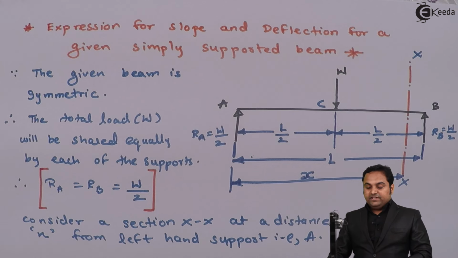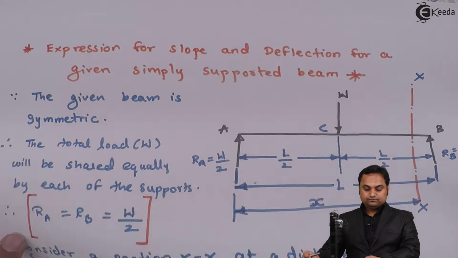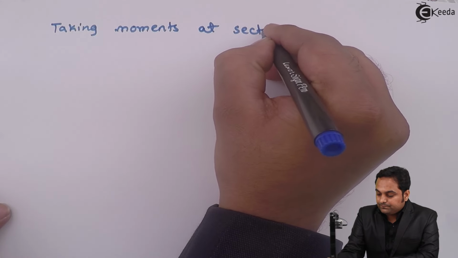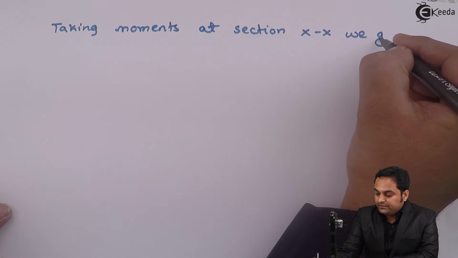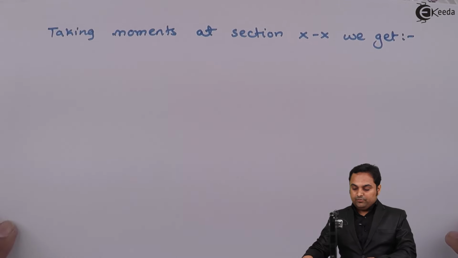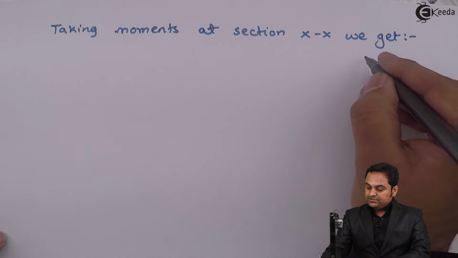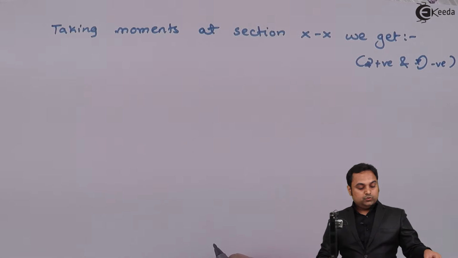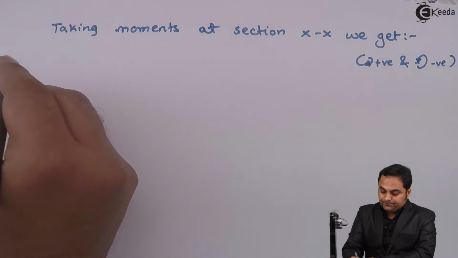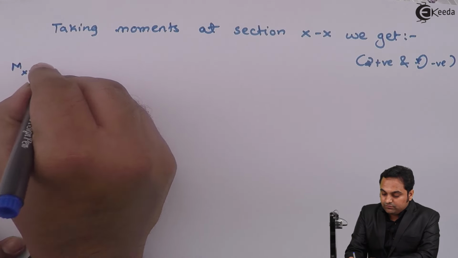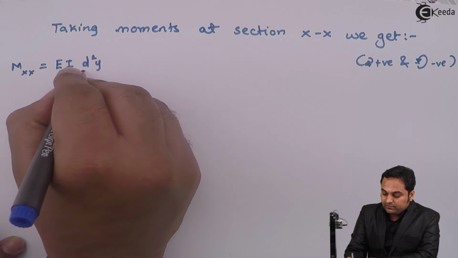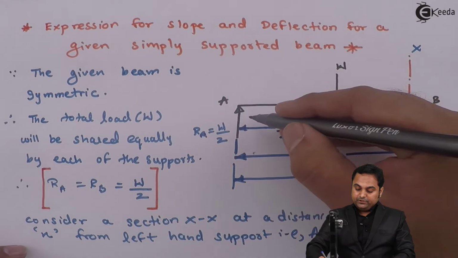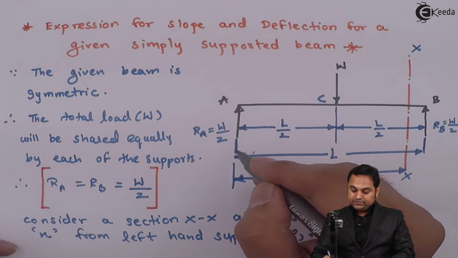Now, once I have taken the section, taking moments at section XX, we get, now when we are taking the moments, the consideration is clockwise moment positive and anti-clockwise moment negative. So the moment at XX is given by EI d square y by dx square, and that will be equal to, the first moment is of RA, it produces clockwise moment, so clockwise moment is positive, so this is RA into x,